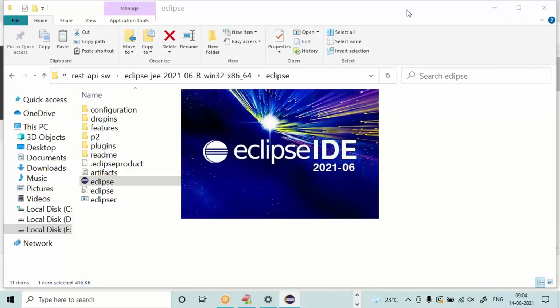Extract Eclipse. Go inside Eclipse folder. Look for a file Eclipse.